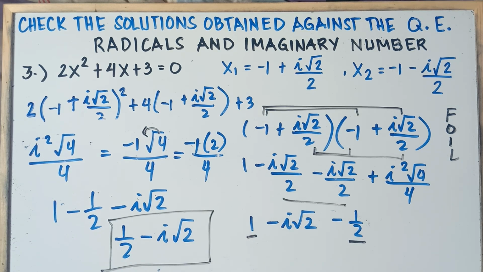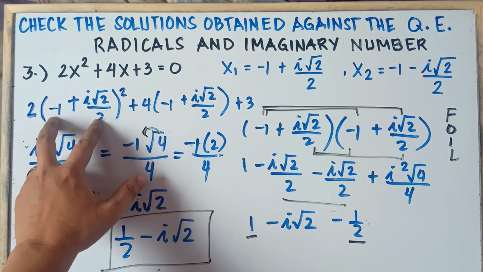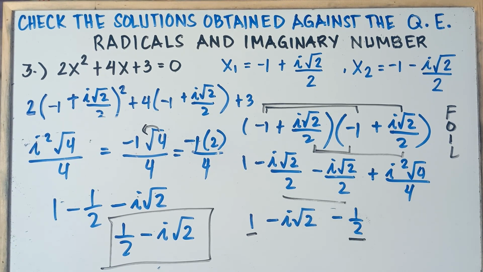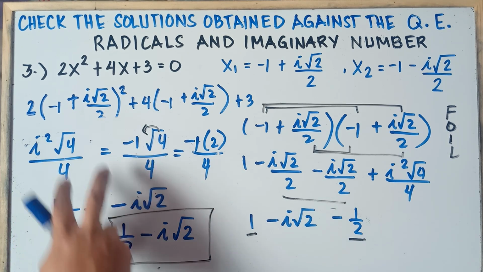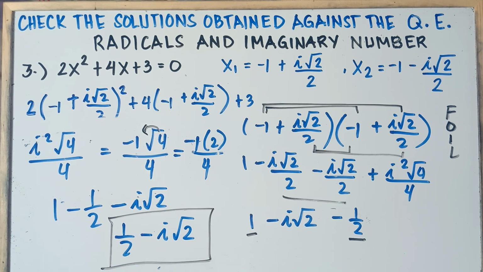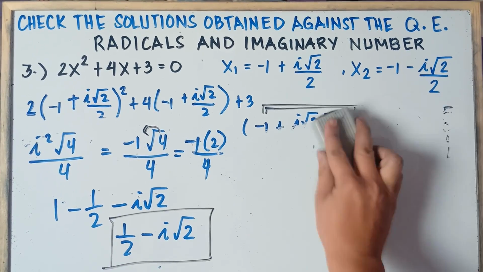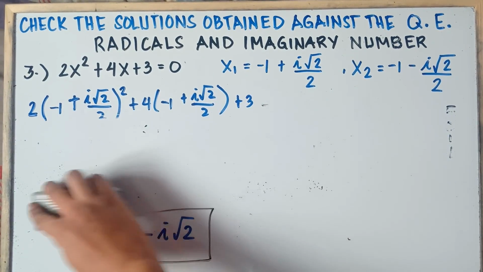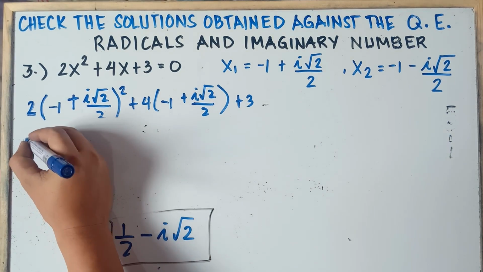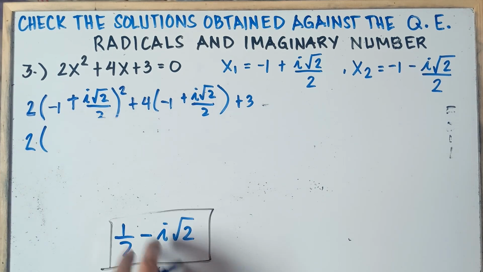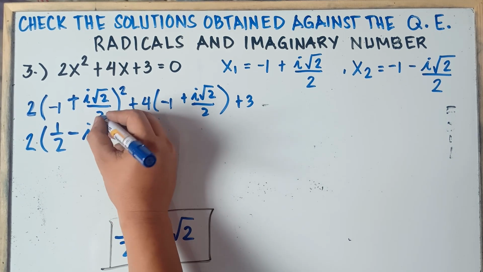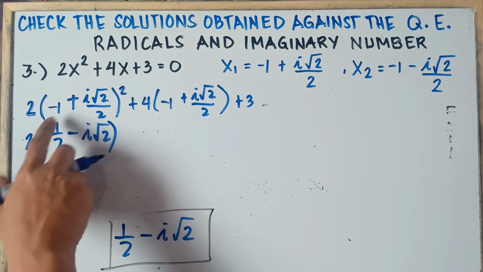Alright, quite complicated, right? So, this will be our answer, class, when we square this one. Quite complicated for the solution, class. You pause the video, I'll be erasing the solution once again. When we simplify this one, the answer is 1/2 minus i square root of 2. So, almost done, class, for the first root. So, copy 2, and then the answer is 1/2 minus i square root of 2, close parenthesis. So, we're done simplifying this one.